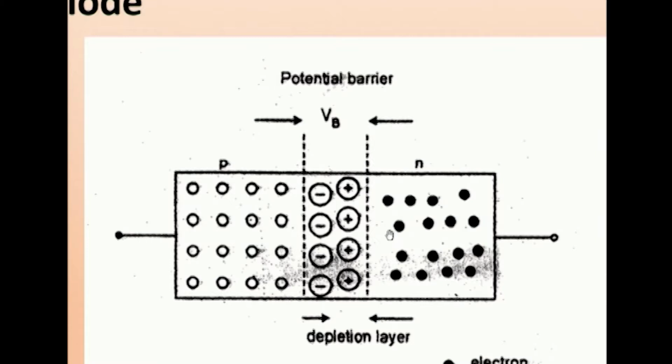But before it goes, this is the reverse voltage we get. See here, minus and plus in the opposite direction. Therefore, we have to supply a voltage exceeding V_B. Only when it exceeds V_B, current will go. Otherwise, current cannot flow because it has to overcome this potential V_B. So this V_B is 0.7 volt, we said. When it exceeds that, there will be a large current flowing. All the holes will be moving towards the negative of the battery, and all the electrons towards the positive of the battery.